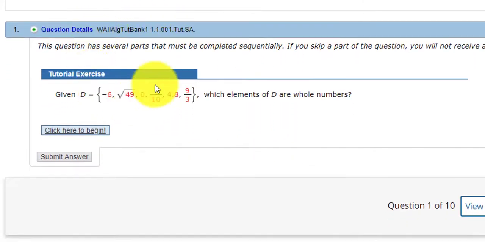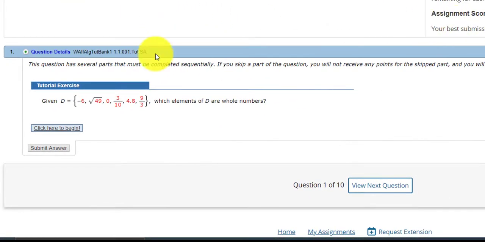Looks like this is a tutorial question. Again, if any of you are trying to access this quiz right now, your number one might be different than my number one because the questions are scrambled, right? So they're asked in different order for everybody, and the numbers change for everyone. But I still want to answer one or two questions just to show you what this looks like. All right, so it says click here to begin,